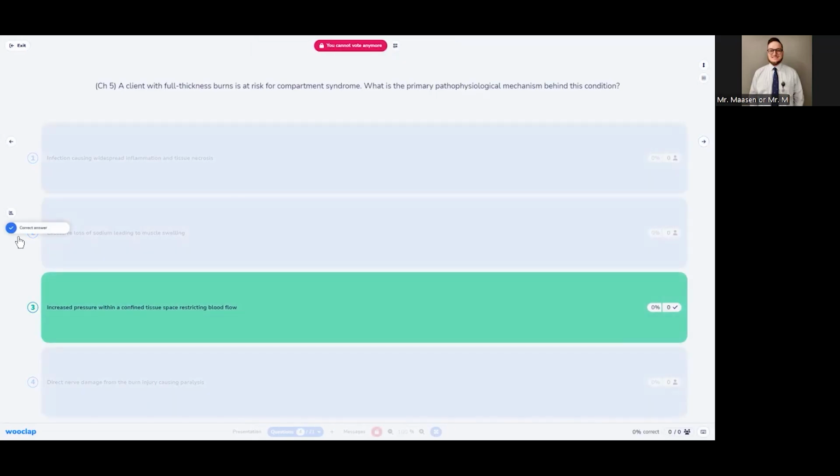So again, this is what could lead to compartment syndrome. It means that the cut off blood flow to a certain part of our appendages or a certain part of our body causes increased fluid shifting in the tissue, huge amount of pressure, and it can cause damage to tissue. This would be a case of severe deep full thickness burns, third degree, fourth degree burns that are causing that dead tissue on top. And now the blood vessels can't get where they're supposed to go. They've been cauterized off, and that fluid shifts out of the blood vessels and shifts into the tissue